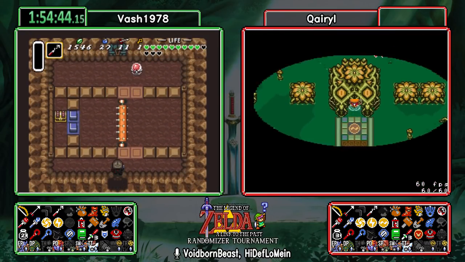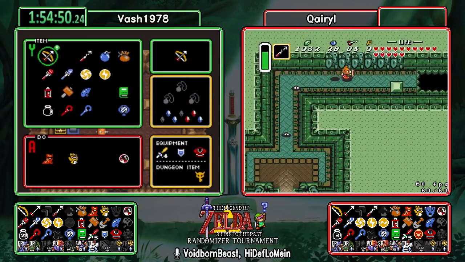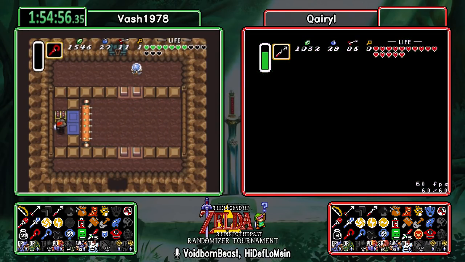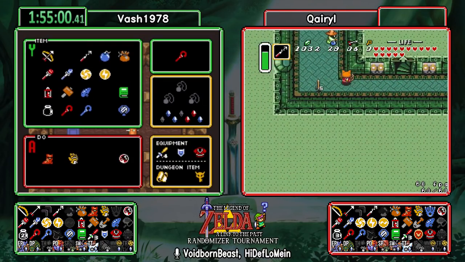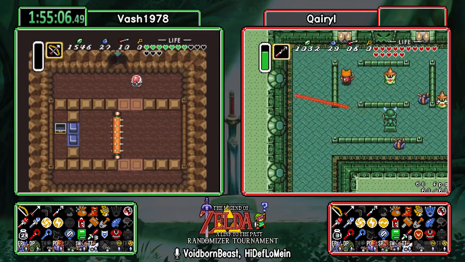Because he's just going to go into Mire, finish it, go up to T-Rock, clear that, and just walk straight over to GT. And just like that, your luck can change in one of these races. Vash also found the Butter Sword. Not quite as exciting as Quake, but, you know, it's a Butter Sword, so...